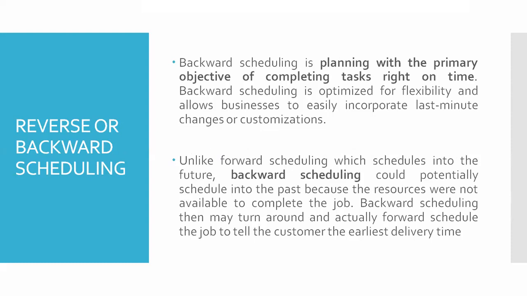And backward scheduling, like I told you, is based on the point given by the customer. Like I want this particular product to be made and get it at this particular time. So accordingly, you have to apply backward scheduling. So backward scheduling is related to planning with the basic primary objective of completing the task right on time. And